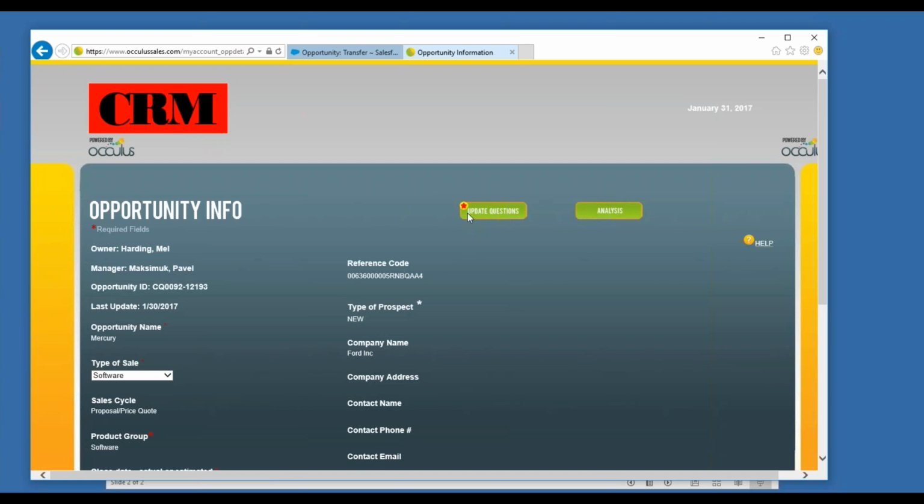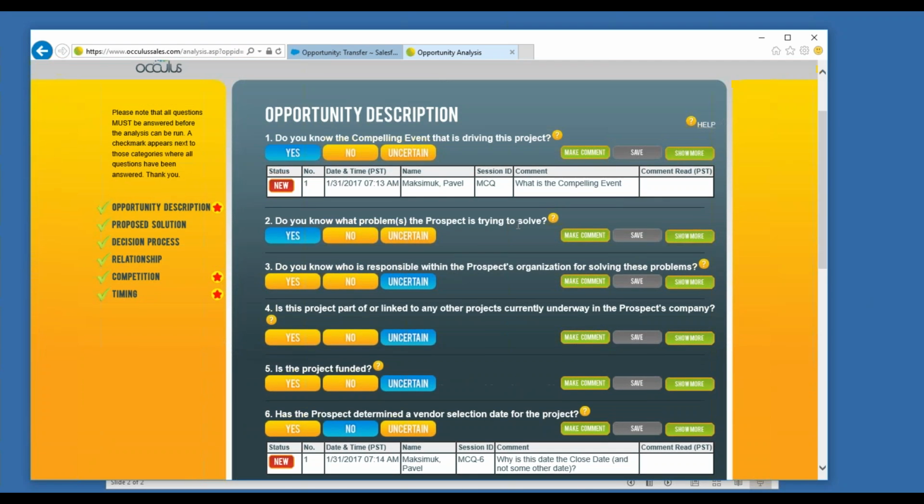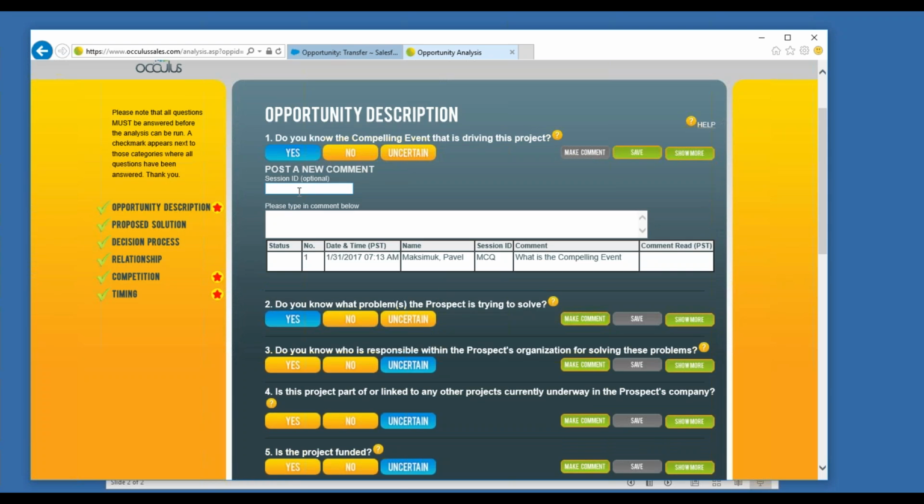my sales manager can make comments on the questions that I've answered or the analysis, which we're going to get to. So if I look here, I can see that the sales manager has made a comment in the opportunity description category, on question 1. And he's asked me, what is the compelling event? So I have to clear this comment, and the way I clear it is just by clicking on it. Okay? I need to answer the question, so I should say,